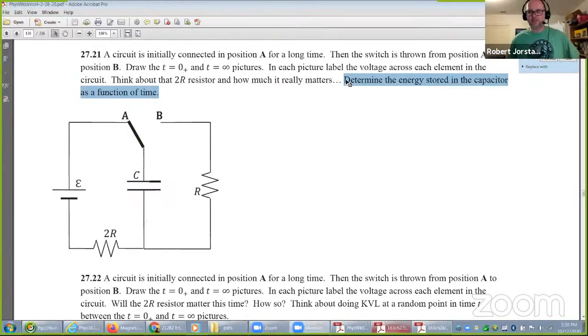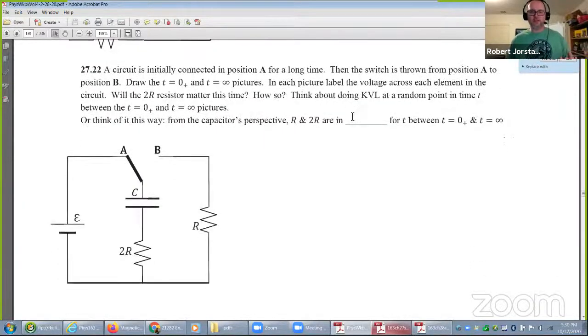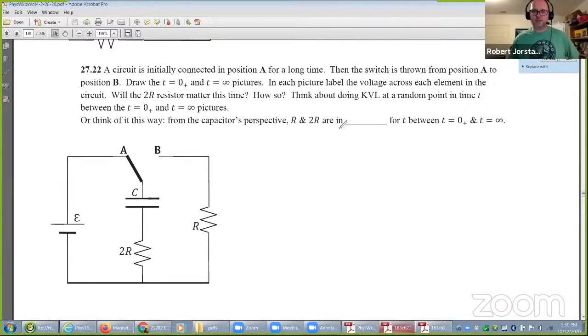We learned that for the energy, you have to first get Q or V, then square it. And then we talked a little bit about this one earlier. I'm going to leave this one for you to do at home. But again, this is what I was saying